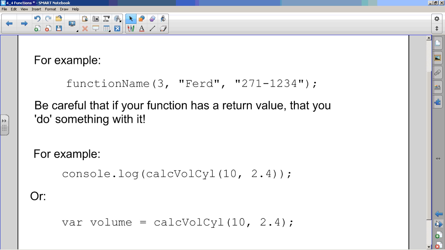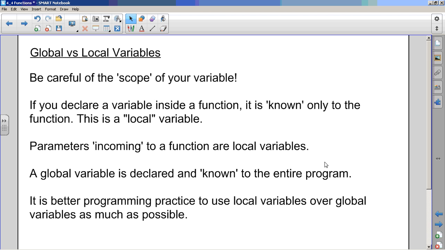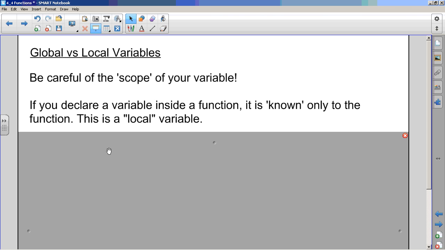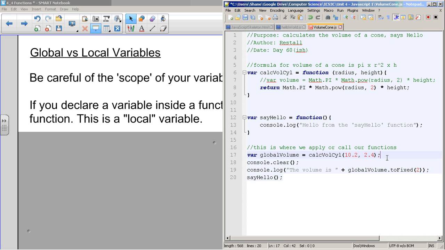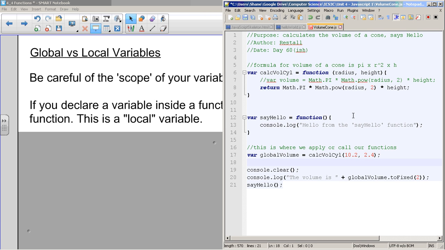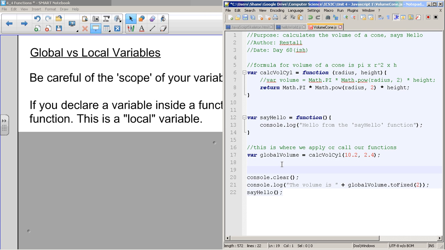All right. As I promised, global versus local variables. Be careful of the scope of your variable. If you declare a variable inside a function, it is known only to the function. This is a local variable. Let me show you what I mean. Out here we know radius is in here, height is in here, but if I were to go console.log and print the radius right there,